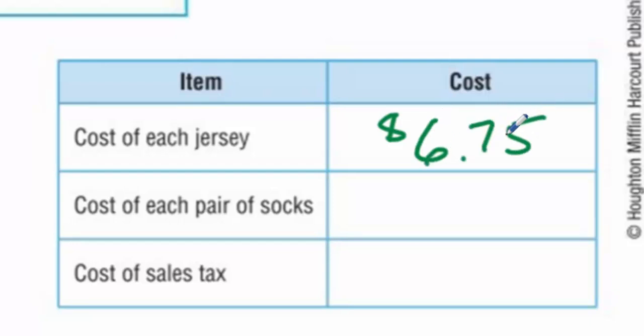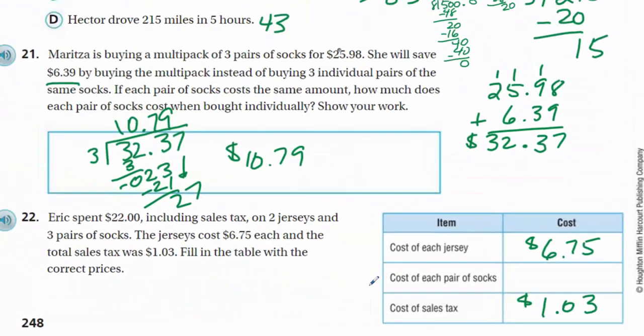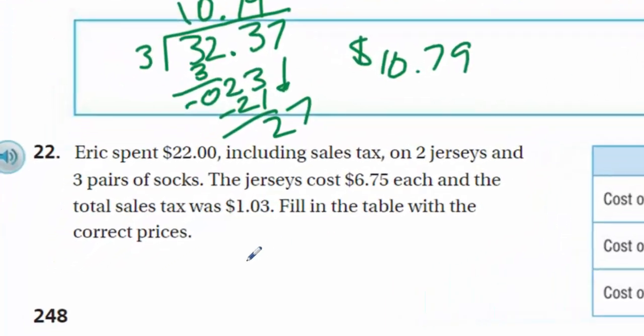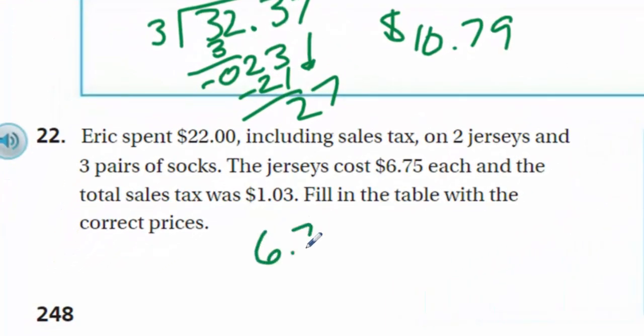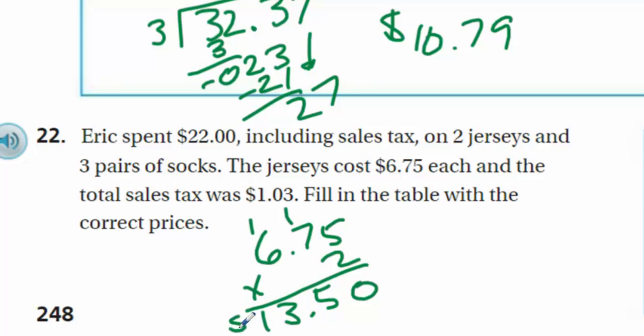It is $6.75. We have the sales tax. That's $1.03. And then does it give us the cost of each pair of socks? It doesn't. So, I see. It wasn't that easy, right? So we have to do a little bit of work here. Well, we know that each jersey is $6.75 and we have 2 of them, so we could find out what $6.75 would be doubled. So we can find out how much the jerseys were together. So the 2 jerseys together would be